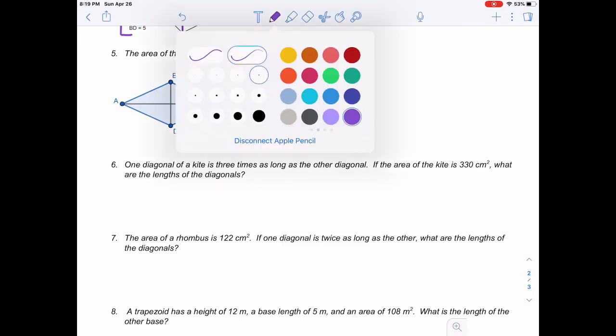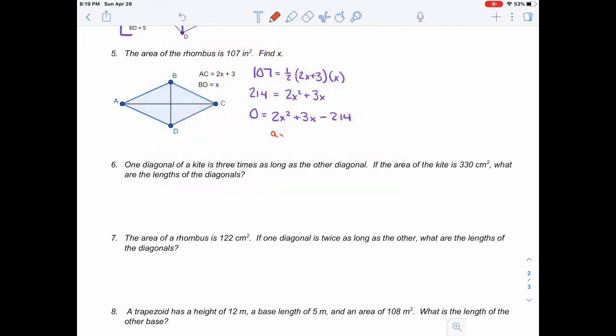And again, the reason we're doing that is so we're in ax squared plus bx plus c is equal to 0. So for your quadratic formula, remember that's when we have x is equal to negative b plus or minus the square root of b squared